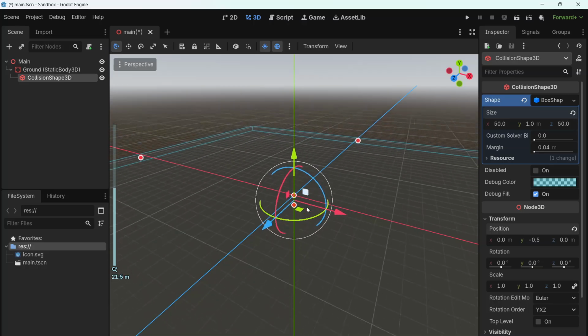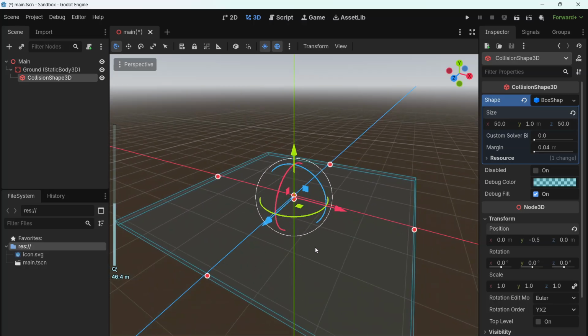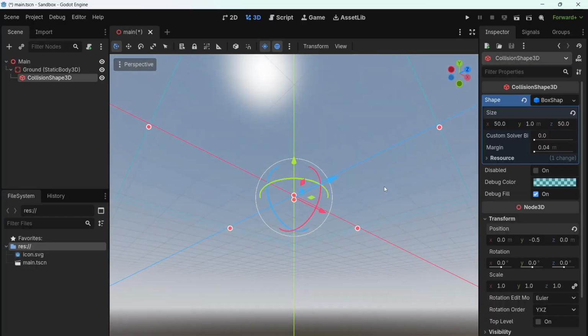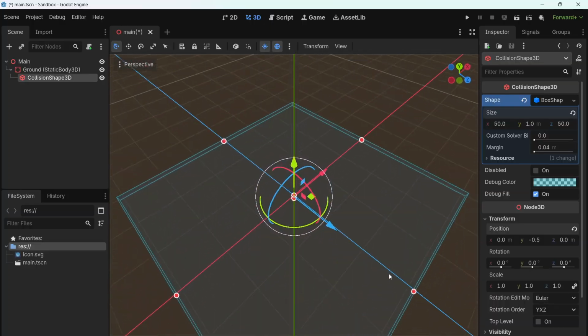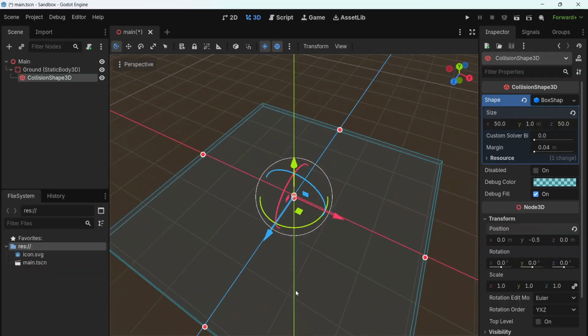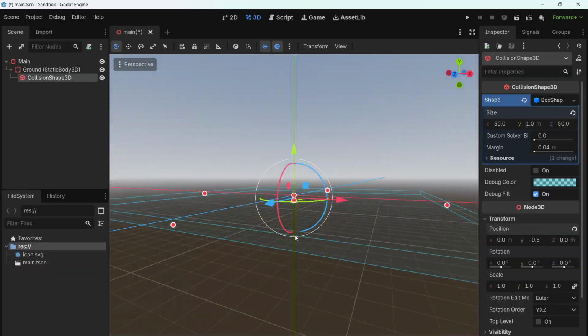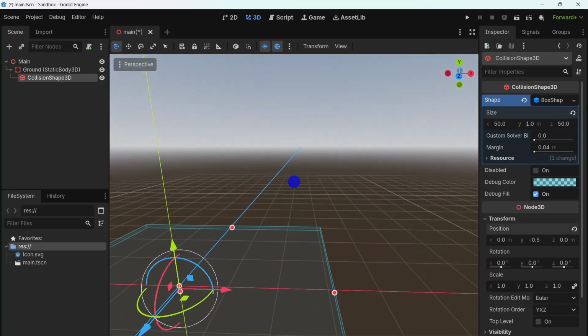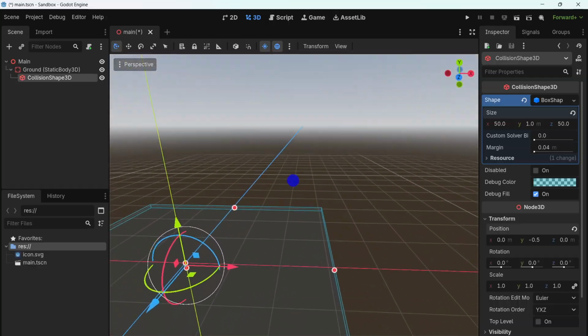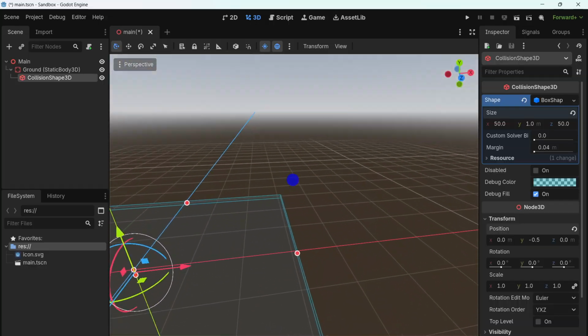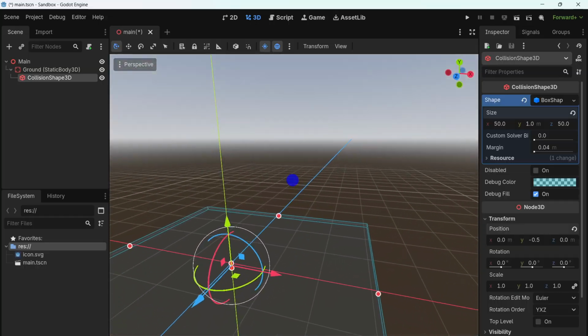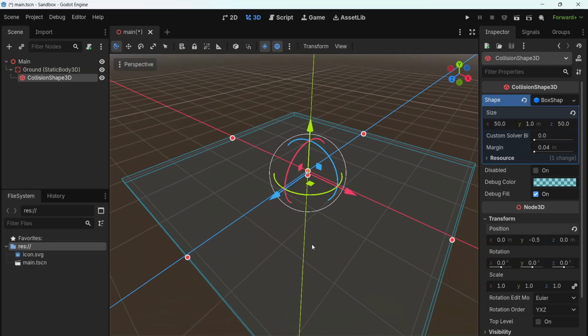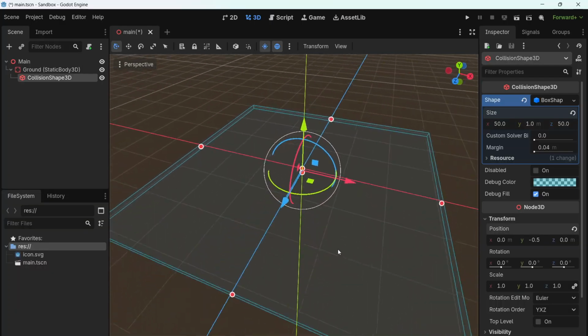Also, I've already scrolled in and out a bit. I can also rotate around the object I'm looking at by holding down on the scroll wheel. We'd call that clicking the middle mouse button. Or I can rotate based on my camera by holding down the right mouse button. So moving with the right mouse button rotates my camera, moving with the middle mouse button rotates the